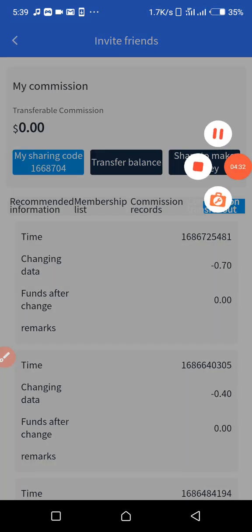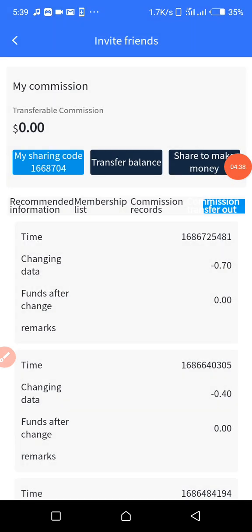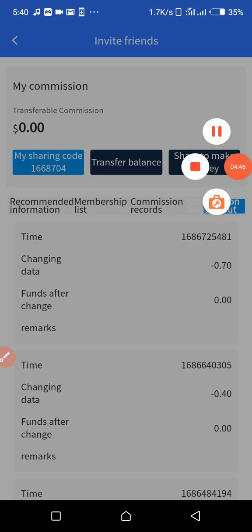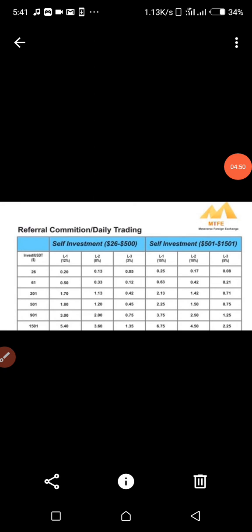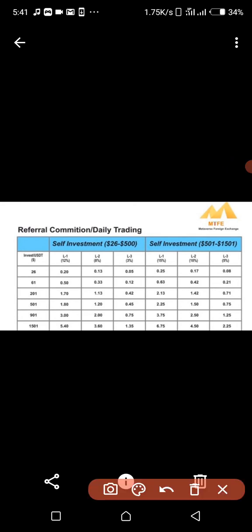In a moment I'm going to show you how much you'll be obtaining per each person who gets into this kind of platform and starts trading. You will see how you obtain money according to the level of trading of that person. Okay, as you can see on this chart, it shows you how much money you'll be obtaining. I said that when your self investment is between these numbers over here,